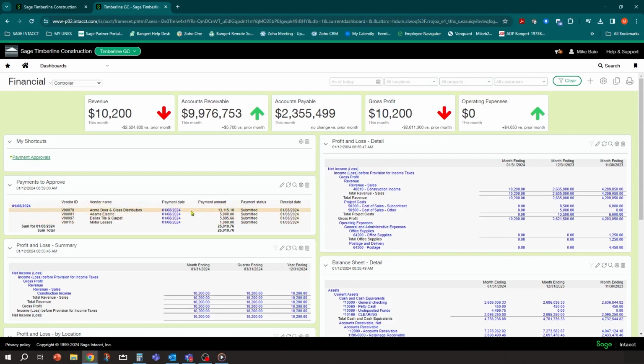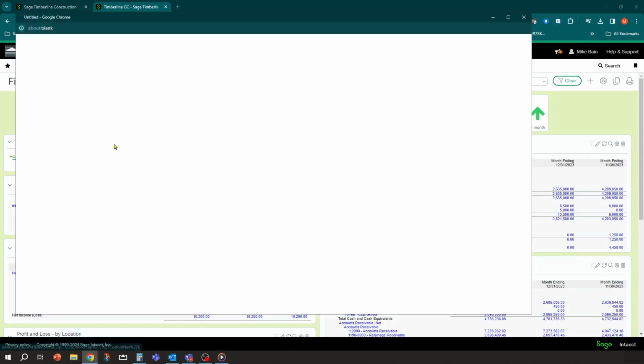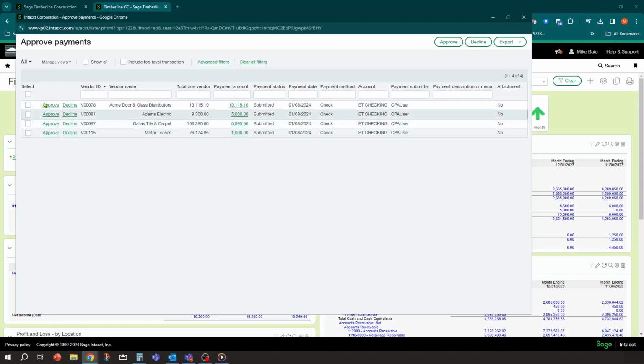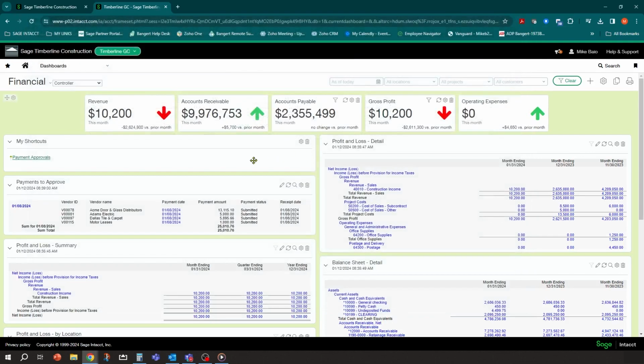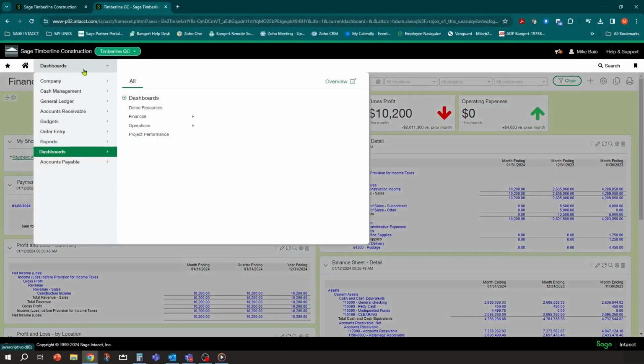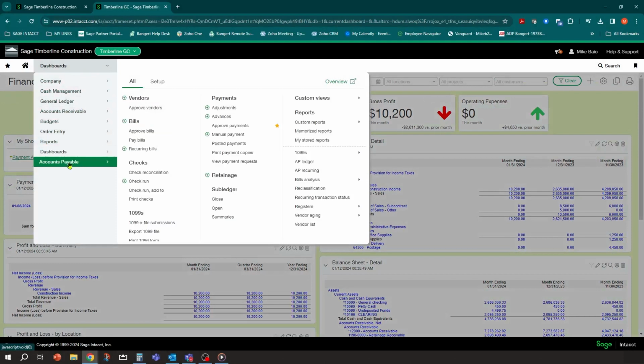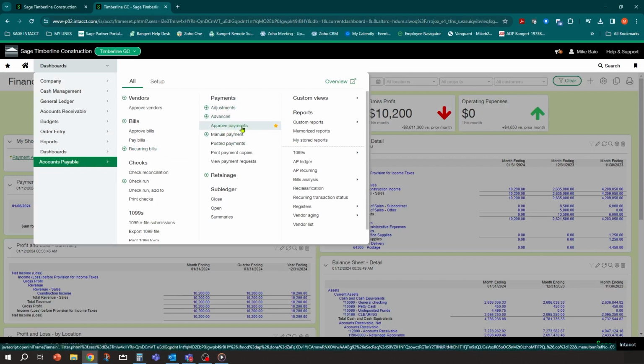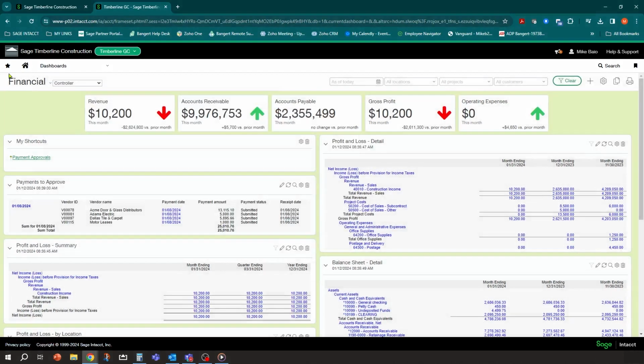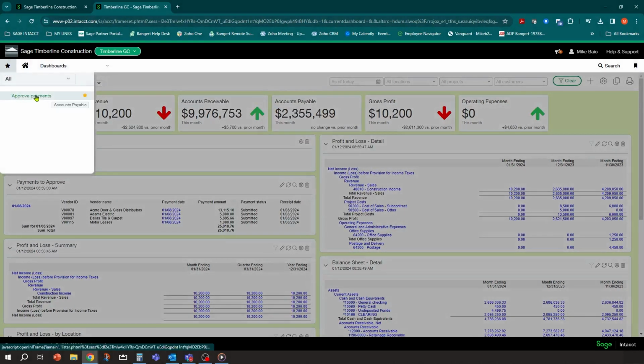So you can see here, there are some of the invoices that we saw earlier. I also have a shortcut set up here for payment approval, so I can click and go right into it right from there. Just a little shortcut to help me get right in quick. Now, where am I doing that from? Well, in the system under accounts payable, you're going to see a button over here called Approve Payments under the payment section. So I can get into it directly from here as well. I've also favorited it. So if I come up to my favorites, I can get into it from here. So there's various ways that you can get into this.